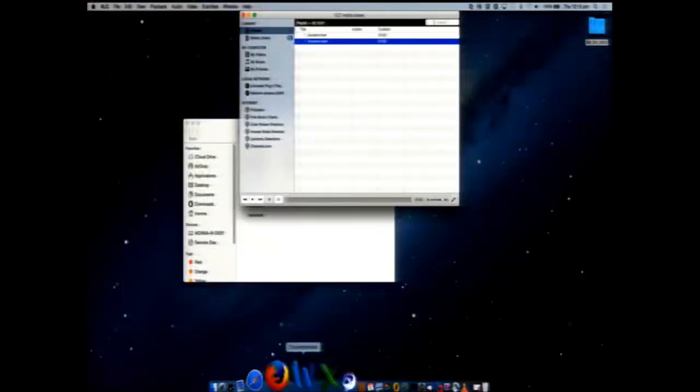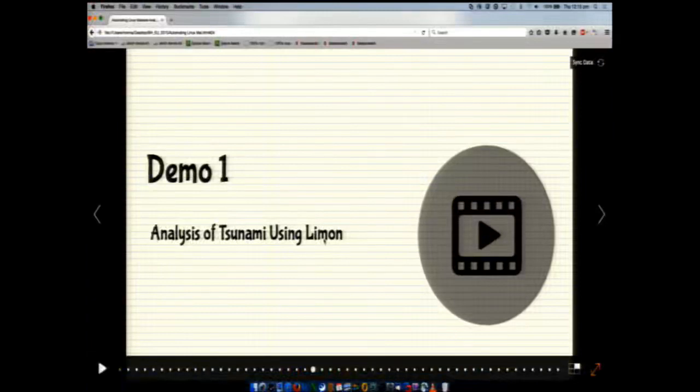So that's the end of the first demo. The idea of this demo is to show you how Limon works, and this was a simple malware sample. So what I'll do is